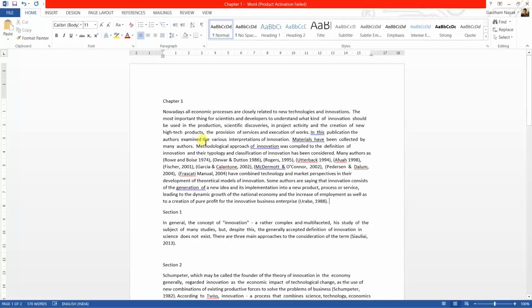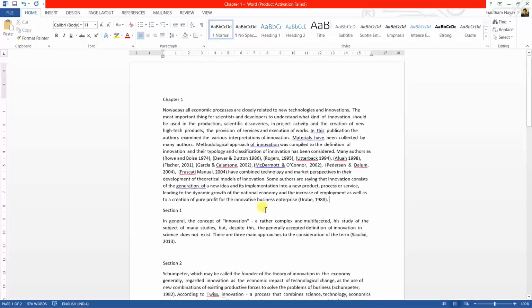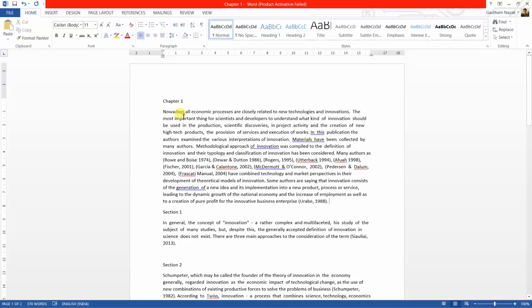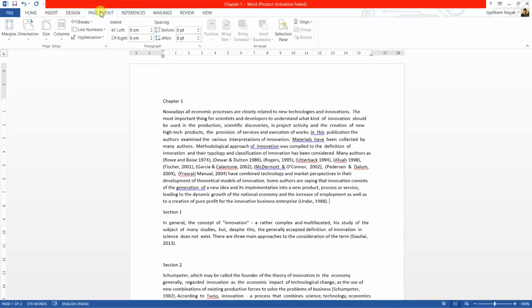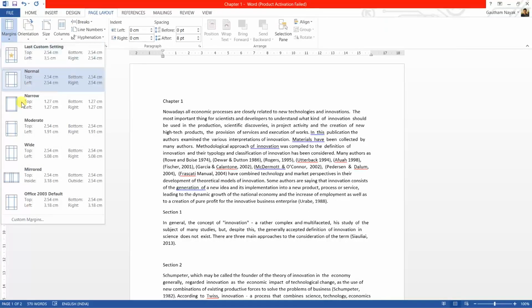Once you have enough content written on the document, the first thing we will do is set the page. To set the page, go to page layout, click on margins, and you will find an option called custom margins. So click on custom margins.